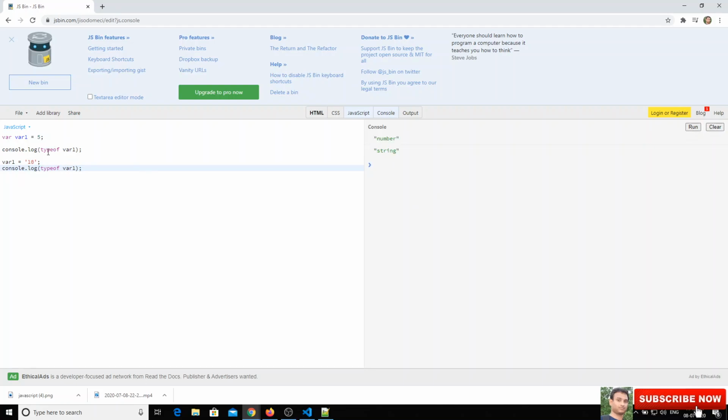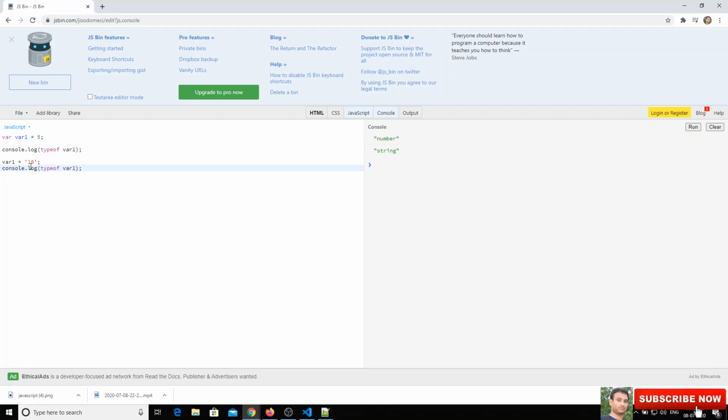You are able to see that at the time when it is assigned as 5, the type is number, and when we assign a string it changes, and the data type is changed to string. That means you can dynamically change the data type of this variable. In JavaScript this is known as dynamic typing.